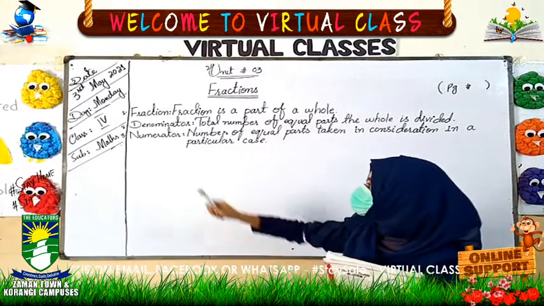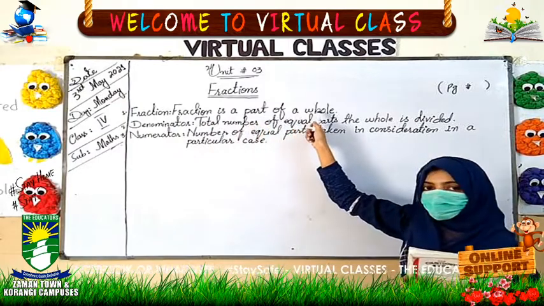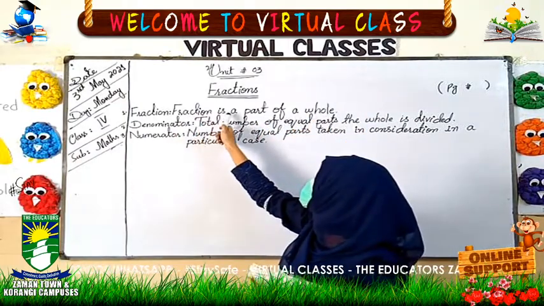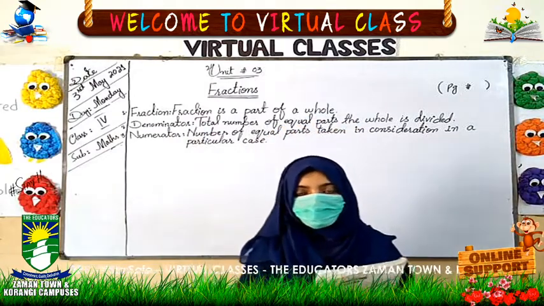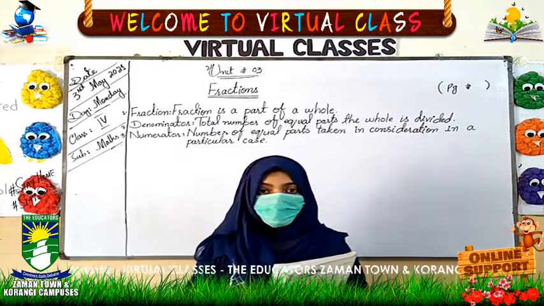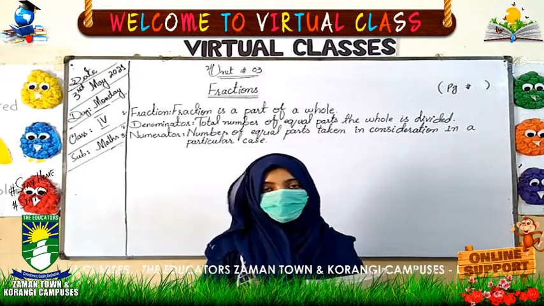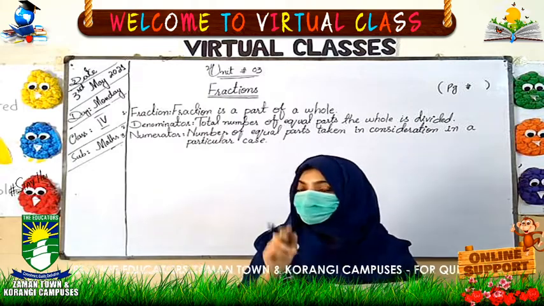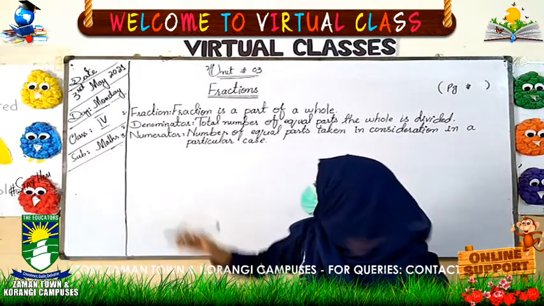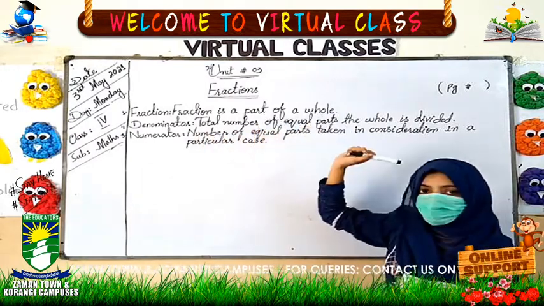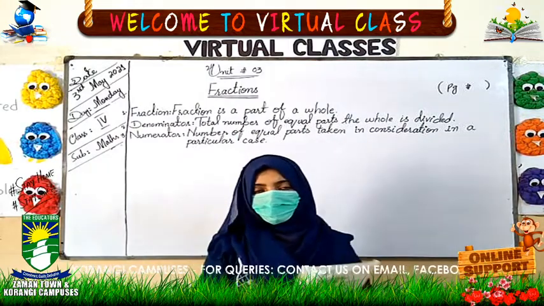Look at here, the definition of fraction is here. Fraction is a part of a whole. What is a fraction? Fraction is a part of a whole. Okay, take an example of an apple. Consider an apple as a whole. If you give half of an apple to your sister, then half of an apple remains with you. Okay, then each part of an apple is called a fraction. Okay, what is fraction? Fraction is a part of a whole. Have you understood it? Okay, now in which form do we write fraction?